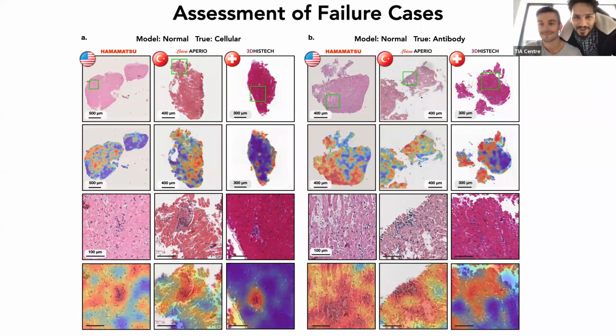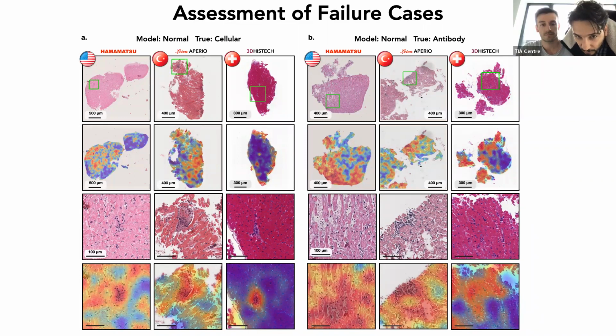Sorry, hey. So I've got a question on this slide. I'm having a hard time understanding the heat maps, to be honest. Imagine the block B, right? My first question is, the heat maps that you're showing here, are these from the positive class or negative class? Positive class being the abnormal antibody. It's the class that the model predicted, so the negative class. Yes, it's a negative class, but still.